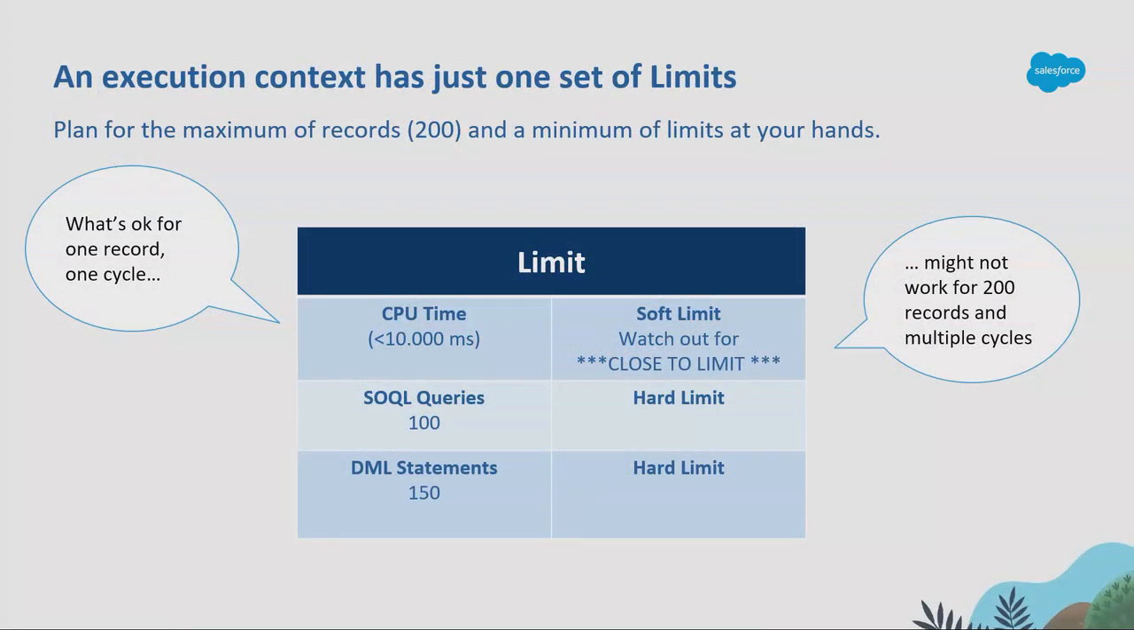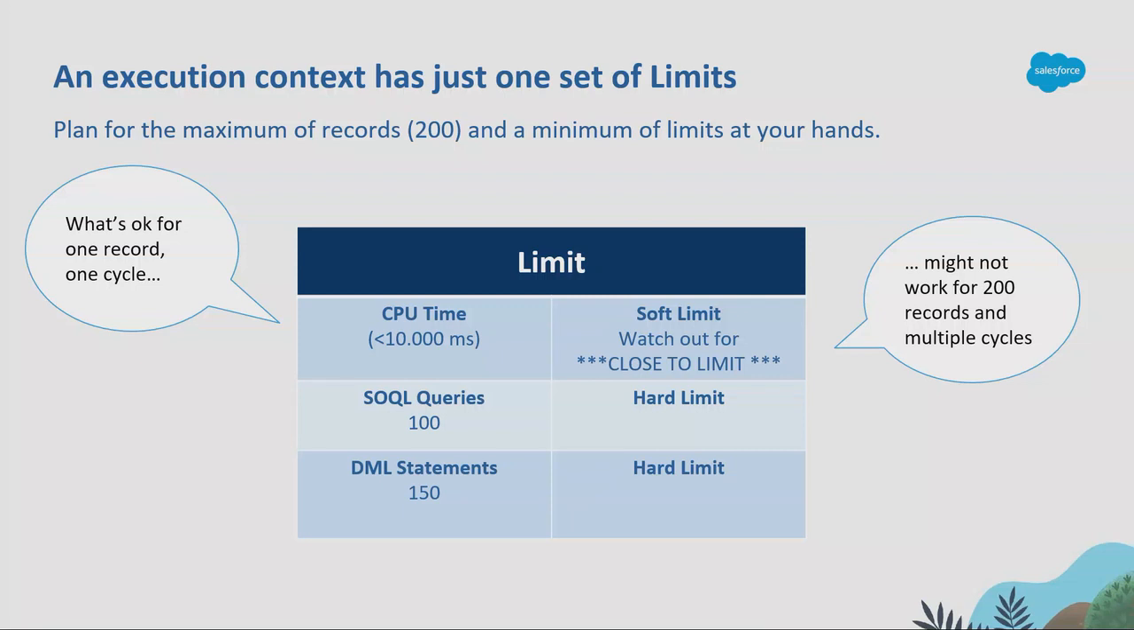So let's consider what might happen when you leave the happy path. We talked about creating one record. That's the happy path, where everything went well. But the things that you actually do on one record don't necessarily reflect what happens when you put 200 records in there. And the inconvenient truth is that you share the same set of limits for the whole